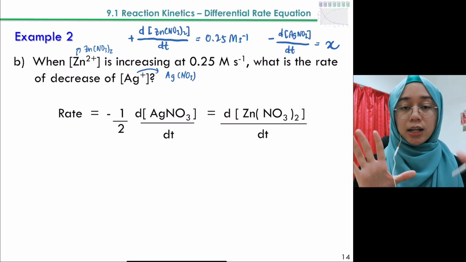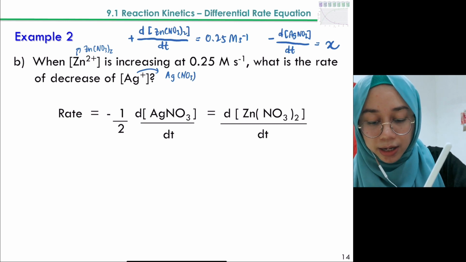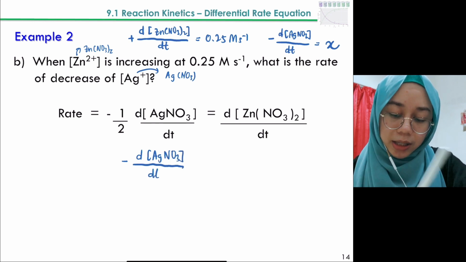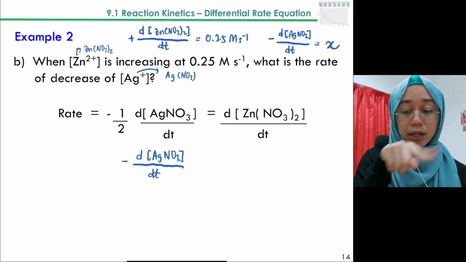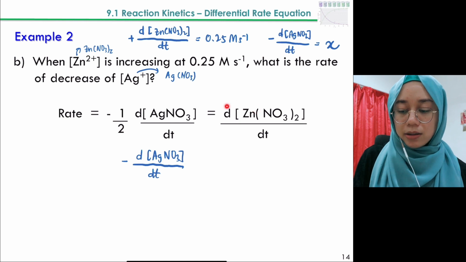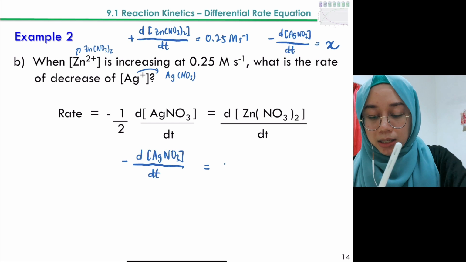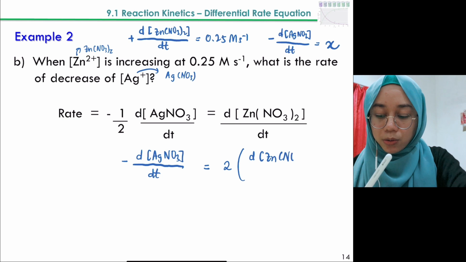So sekarang ni kita kena rearrange balik sebab apa yang kita nak cari adalah negative d silver nitrate over dt. Ini yang kita nak cari kan? Okay, ini saja yang kita nak cari. So apa yang berlaku dengan half dekat sini? So yang half dekat sini, nombor 2 tu kita kena transfer sebelah, transfer kepada this side here. This part here. Okay, therefore kalau 2 tu pindah sebelah, so dia akan jadi 2 darab di zinc NO3 tu